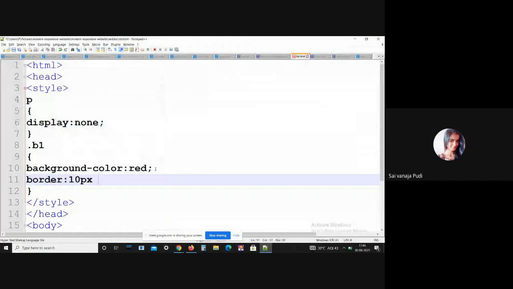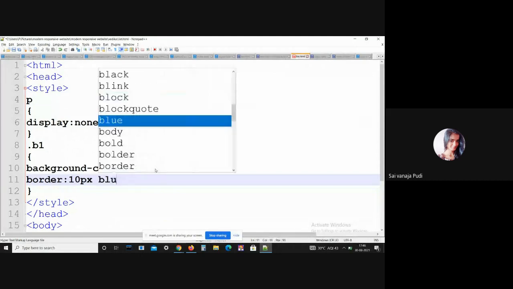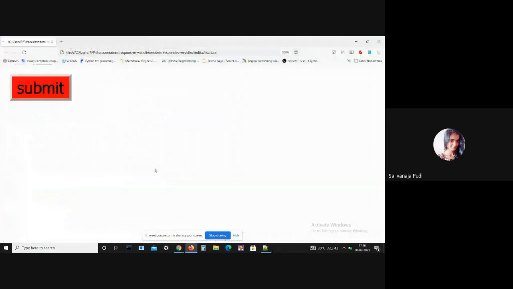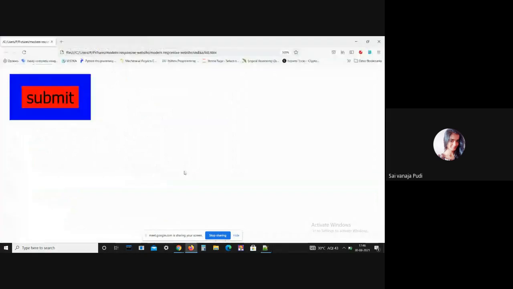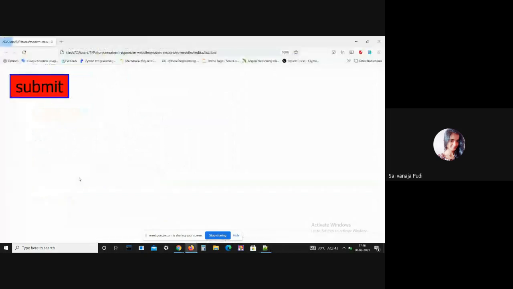Which type of border? Blue border, type solid. Oh, the border is very thick. Let me give only 1 pixel. See, there is a border like that. The border is 1 pixel, blue color. This is how you can apply the border to that particular button.